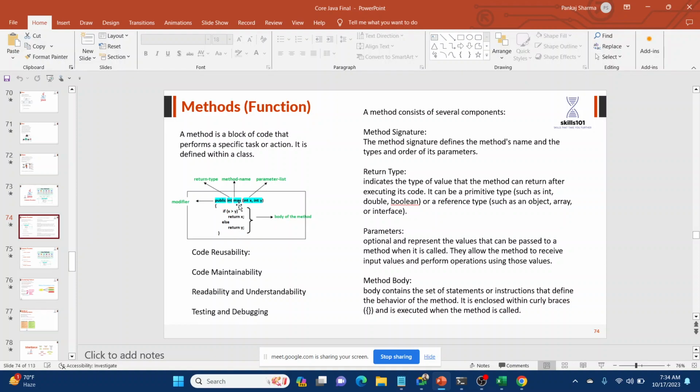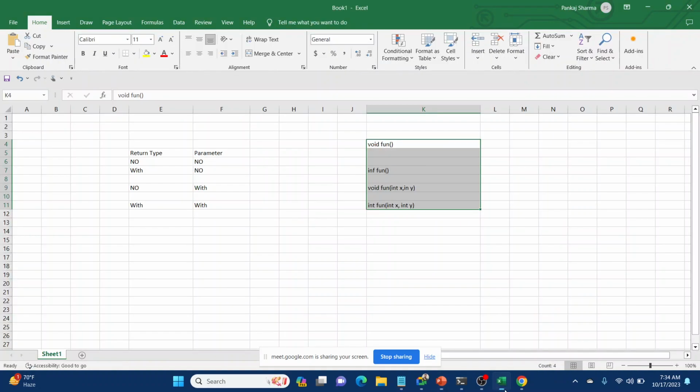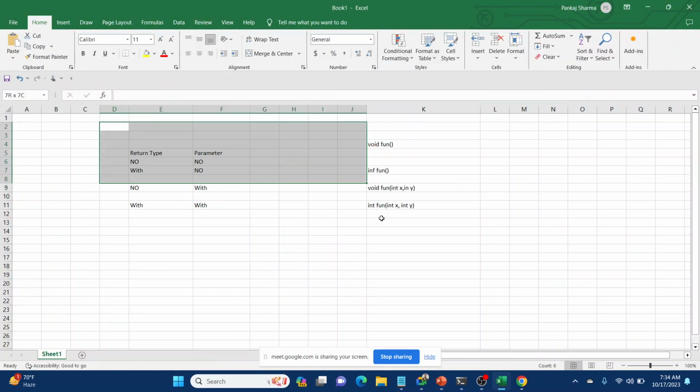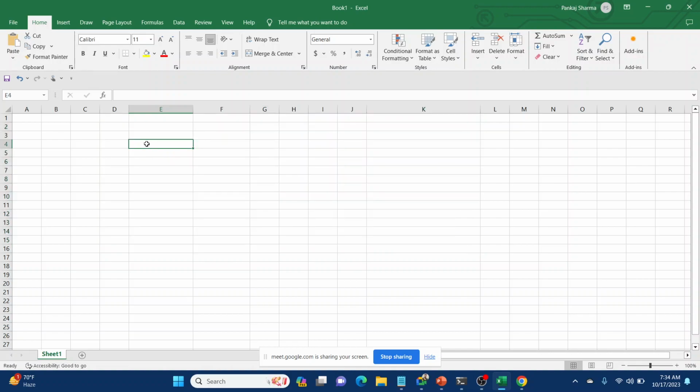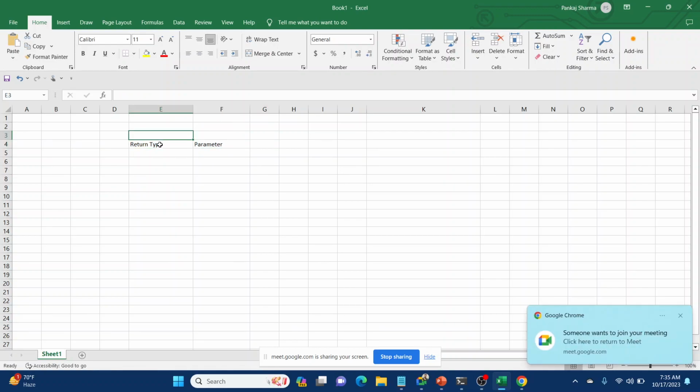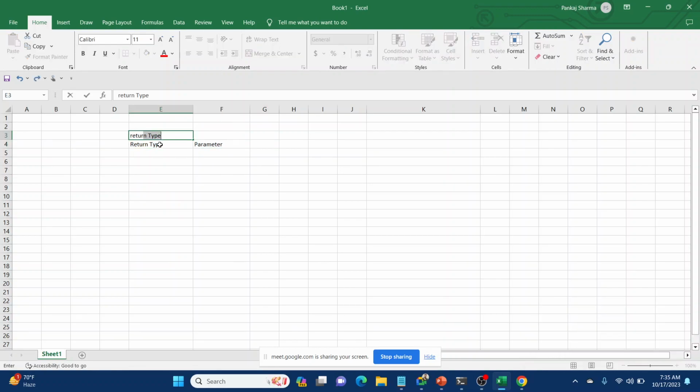So on the basis of parameter or return type, there are four types of functions. We'll explain this. First, we'll talk about return type and parameters. Return type will return a value to where it was called.